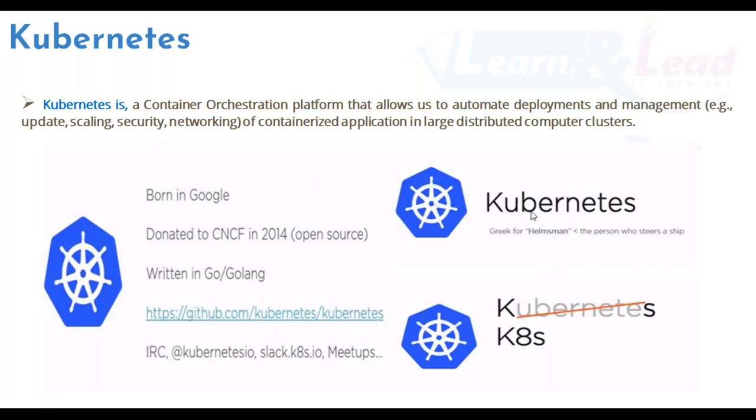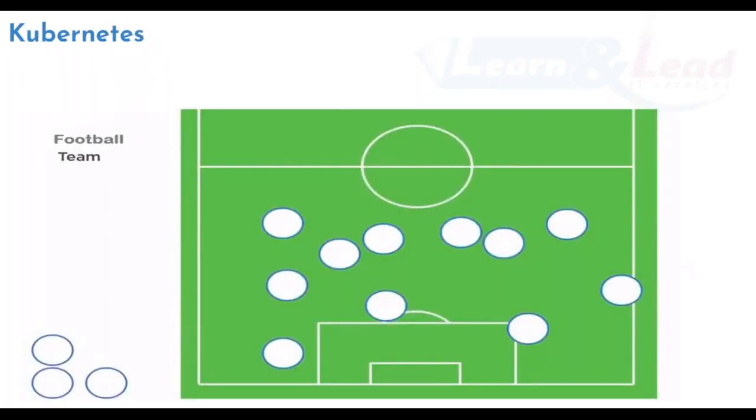Now this is the meaning of Kubernetes. Kubernetes is Greek for helmsman. The helmsman is the person who drives the ship. So we're going to drive our containers with Kubernetes. That's why they kept it like this. Now also, we have become lazy people nowadays. So instead of calling Kubernetes such a big word, we cut down the 8 letters in between and set it as K8S. In short, people do call Kubernetes K8S. So you could call it whatever you want.